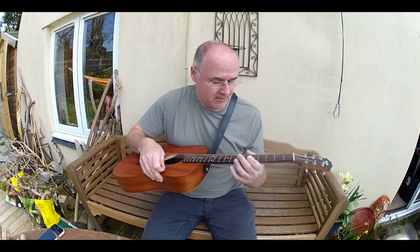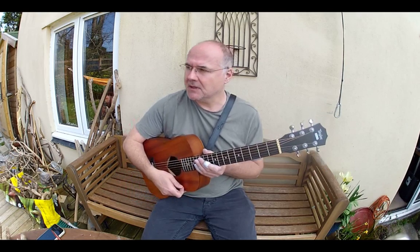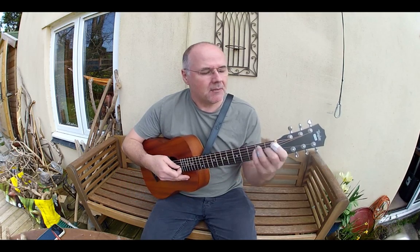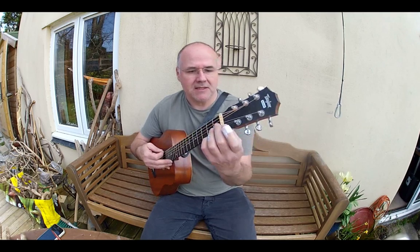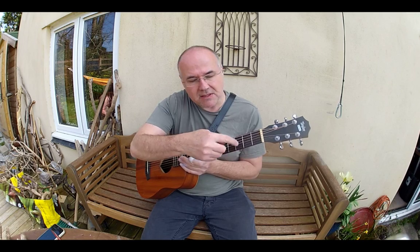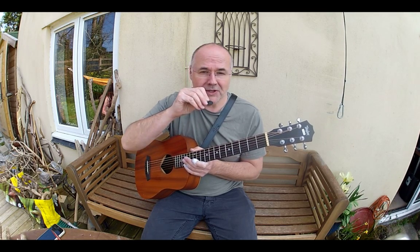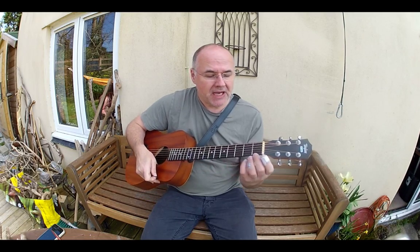I don't think I levelled the frets on this, actually. Anyway, thinking back. But what I then did is I then cut these down to give me the same action over here as you would get with the capo. In fact, it wasn't quite the same. I was very conservative about it. So the action was